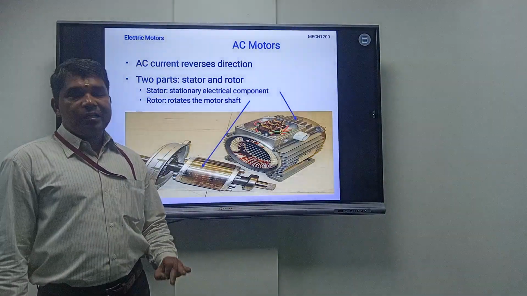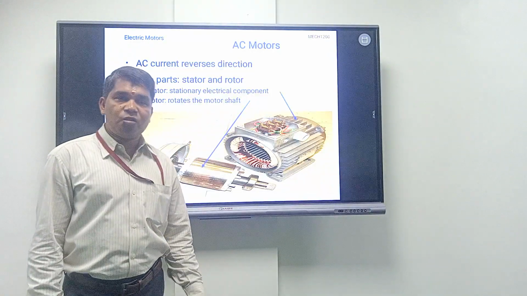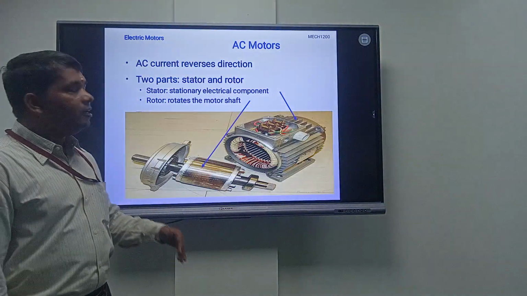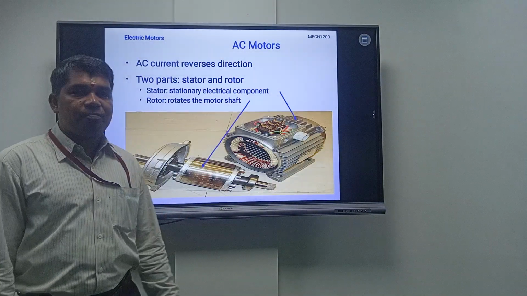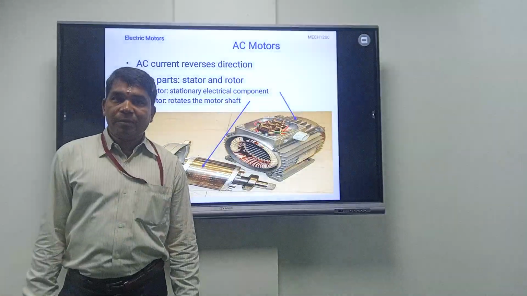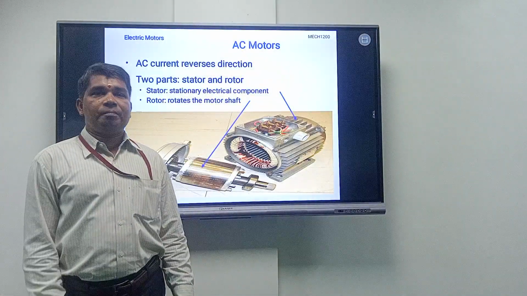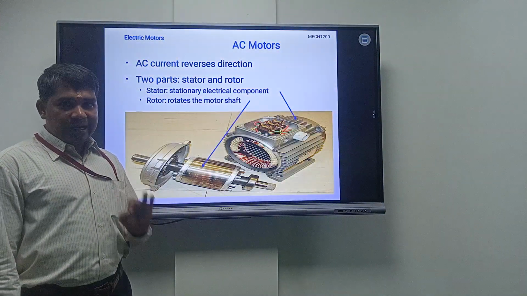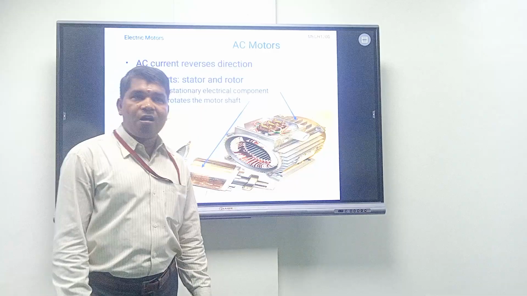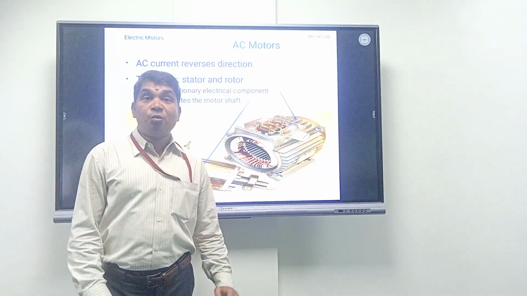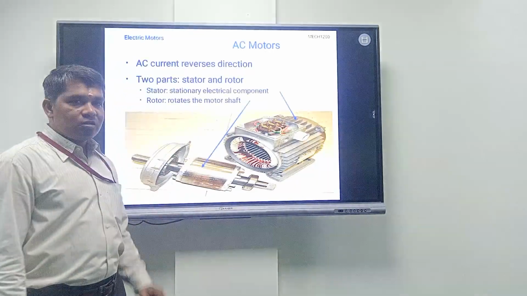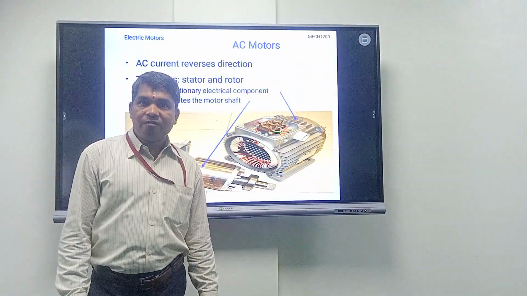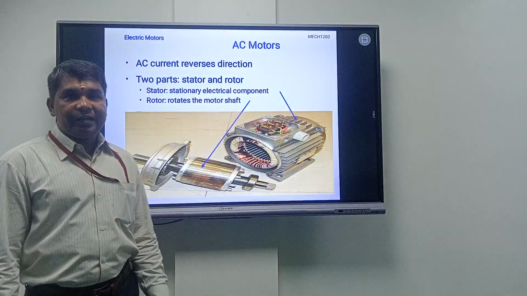The stator has a winding and the rotor also has a winding, but the rotor is the rotating part of the machine and the stator is the stationary part. We have two windings because every electrical machine works based on electromagnetic induction, or Faraday's law. If we understand Faraday's law, only then can we understand AC motors. I hope everybody knows about Faraday's law. What is Faraday's law? Faraday's law says that if an